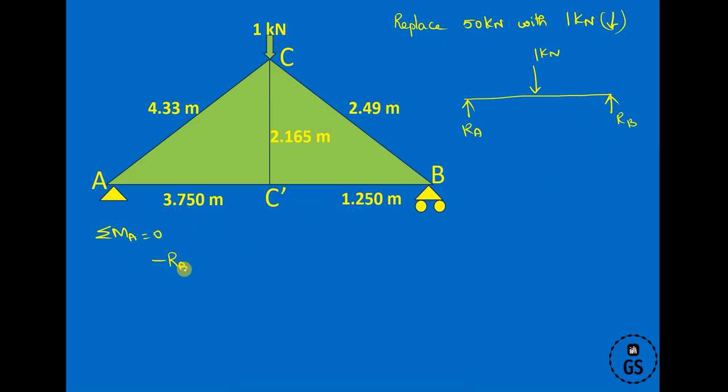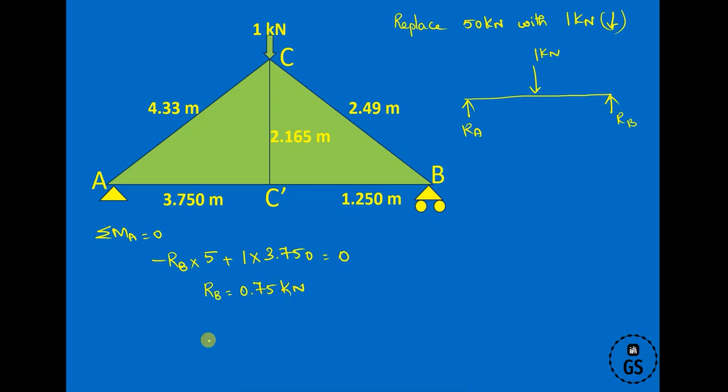I am taking anti-clockwise, times total distance of 5 meters, so 5, plus 1 kilonewton which is acting vertical and clockwise direction, and its perpendicular distance is 3.750. So we are going to take 3.750. Apply that, equal to 0. When you solve this, we find the RB value comes to be 0.75